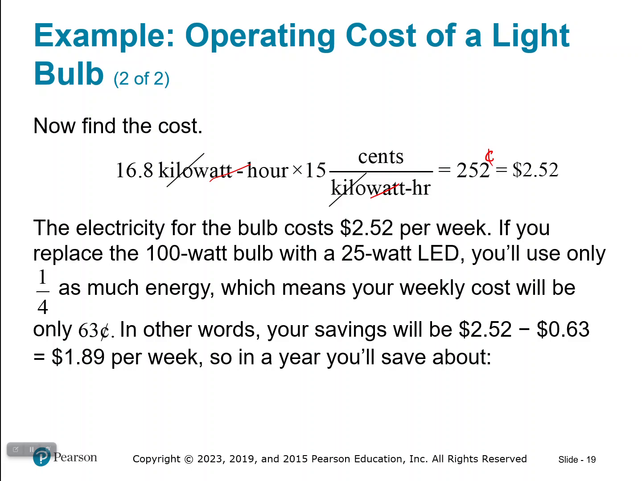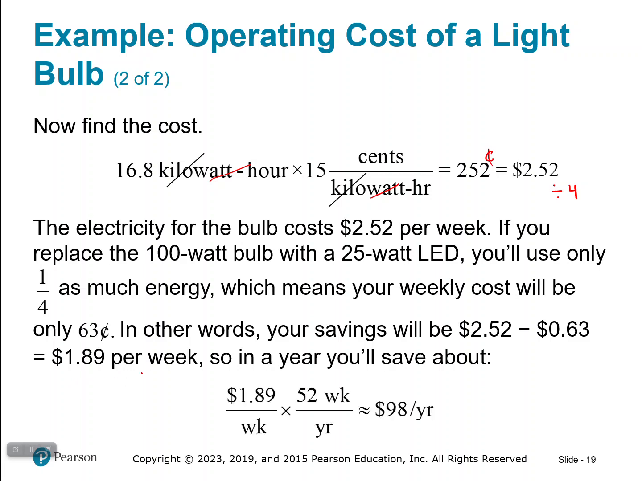But if you replace the 100-watt bulb with a 25-watt LED, you'll use a quarter as much energy, which means it'll cost a quarter of the cost. It'll only cost 63 cents. All I did was divide by 4, a quarter, right? Multiply by a fourth, divide by 4. 63 cents, that's not bad at all. I'd rather pay 63 cents for a light bulb to be left on during my vacation, and I'll save $1.89 per